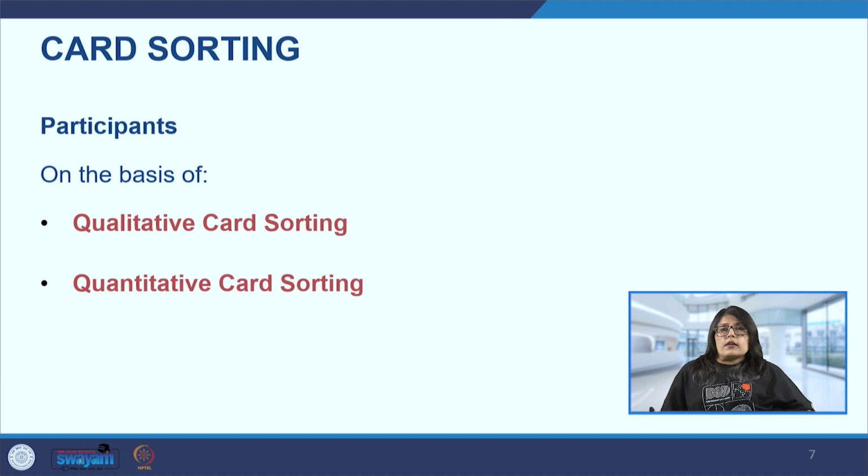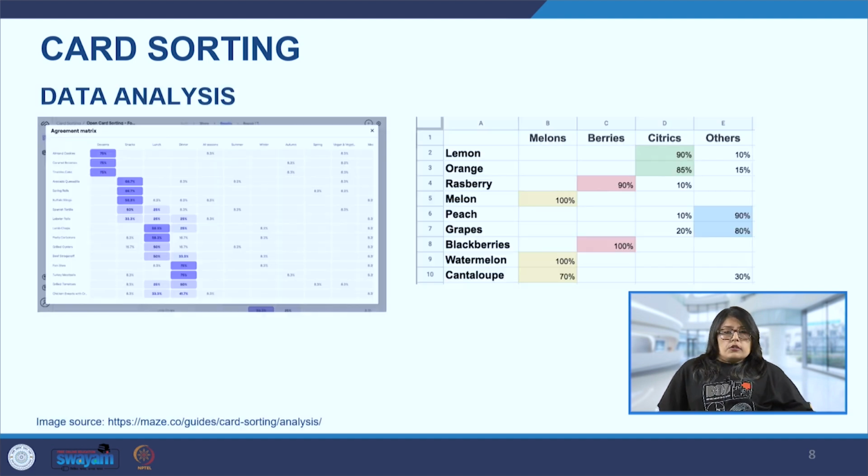So it will tell us that out of 50, say 42 did it in a specific way. So that shows that 42 of those participants understand that this is how they should be grouped. And similarly, the research team can come up with their own insights from the actions of these participants. So now we are going to be analyzing all of this data.